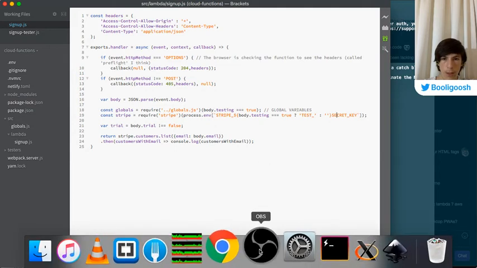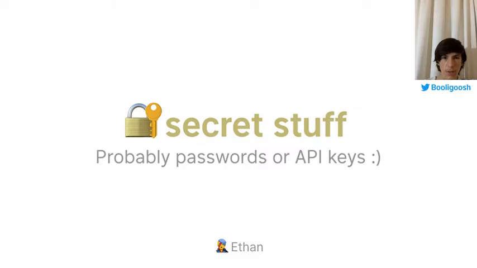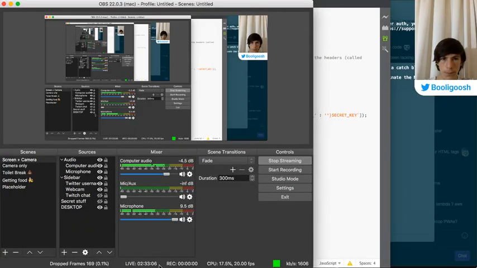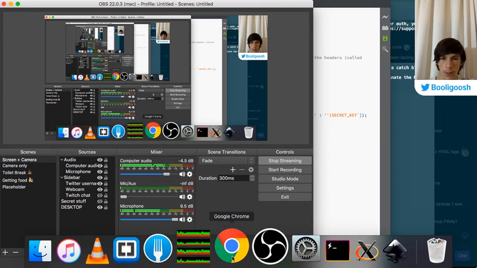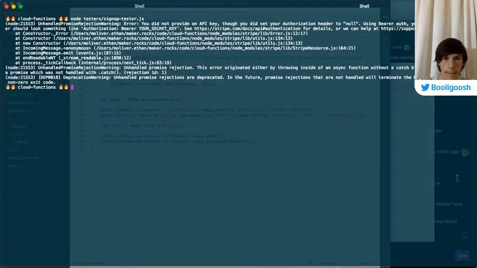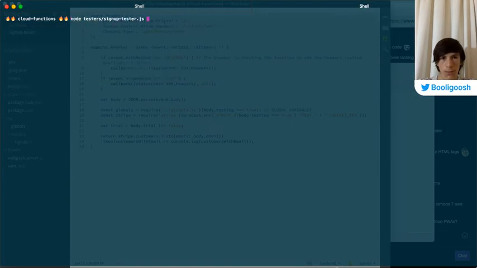Oh, okay, wait a sec. I need to change the environment variables file for 2 seconds. I named the environment variable wrong. Okay. Let's try this. Awesome.